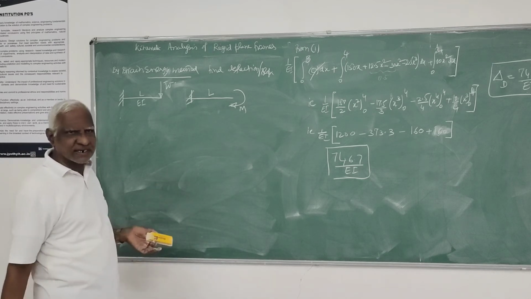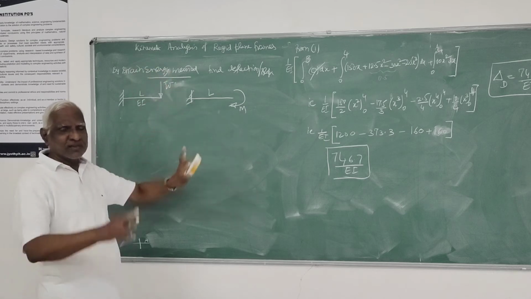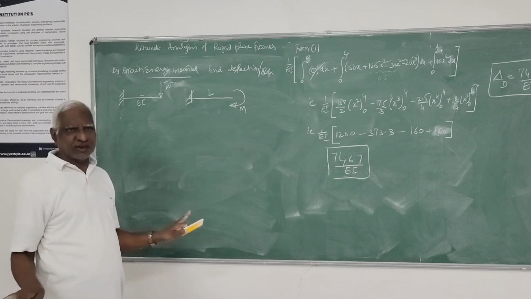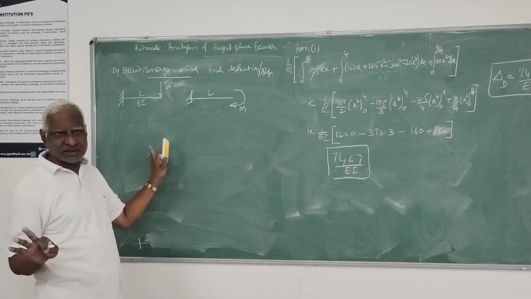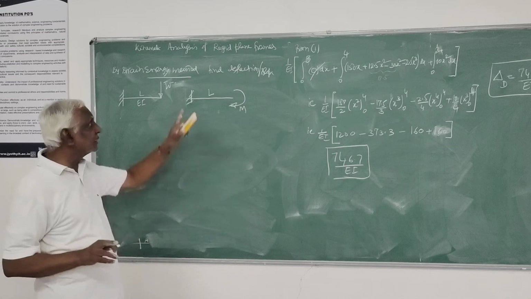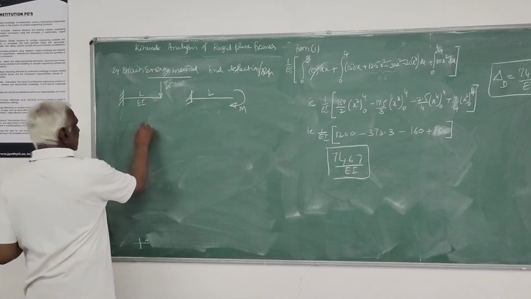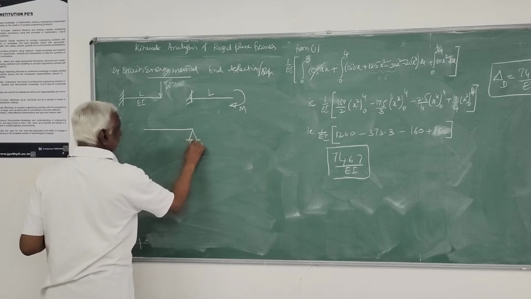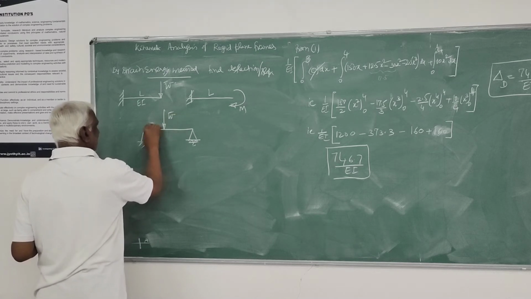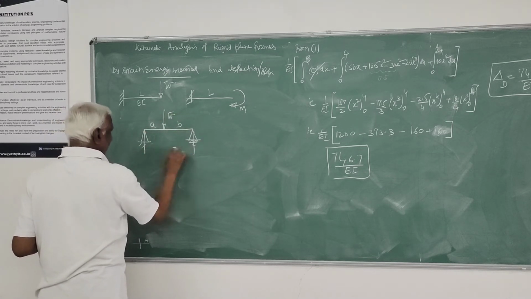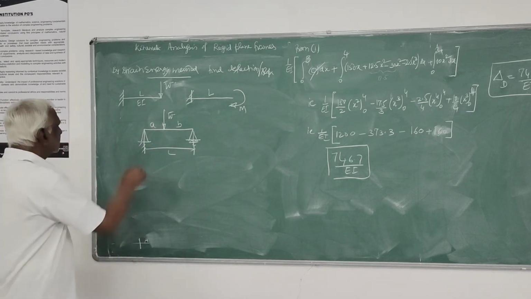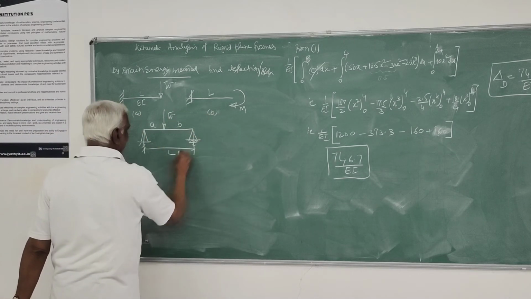That is an application of strain energy, not the pure strain energy method. It is only one load, and corresponding to that load, in the direction of the load, whatever deformation. That's all you can determine from this. No other varying load or UDL can be used. This is a very important thing which you have to remember. For these three problems, you can do it: the W cantilever, the simply supported beam AB of span L with a central concentrated load, and the moment case. So these three examples you can find out.